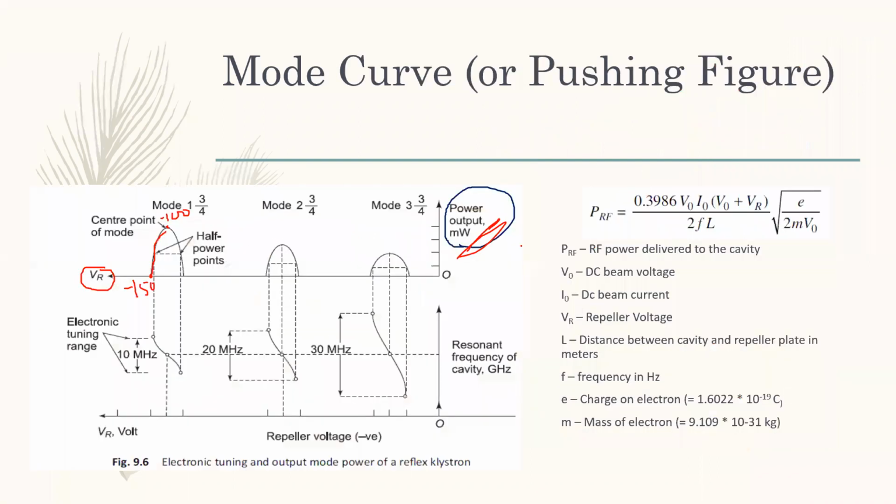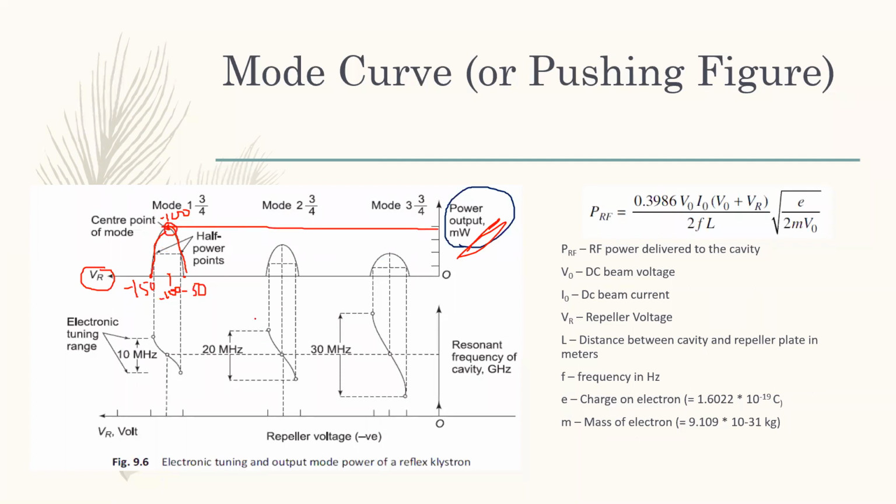So here, when I move further, it is minus 150, this side it will be minus 50, and this will be minus 100. So at minus 100, I'll be having the maximum output. At minus 150, since the interaction is at the negative peak, and at minus 50, the interaction is at the negative peak, the output power will be less compared to the point at this one. So this will give you the highest output power.